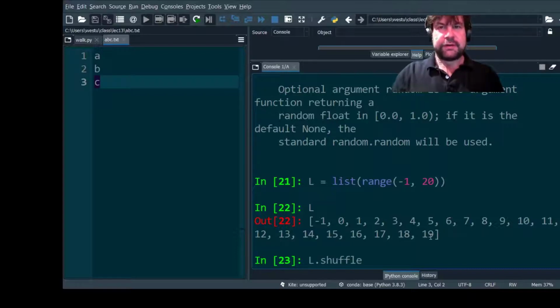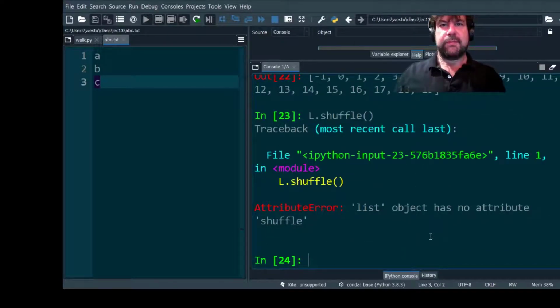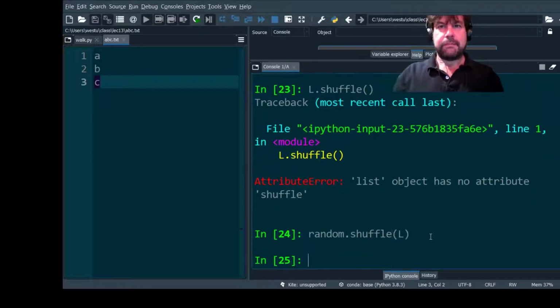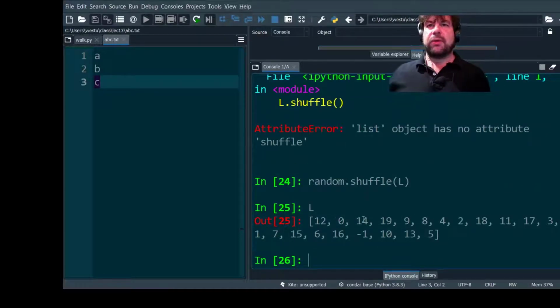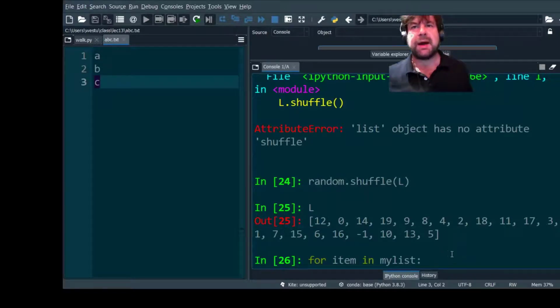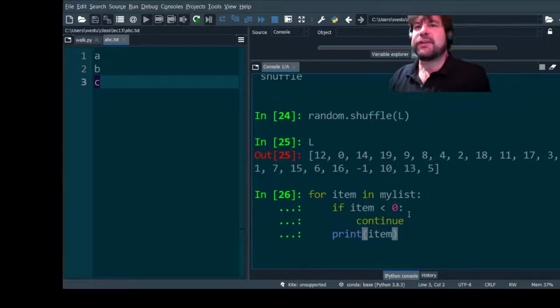And all that's going to do is make this look more random. So now we have 12, 14, whatever. The minus 1 is moved towards the end of the list. So now if we go for item in my list, if item is less than 0, continue, otherwise print item,